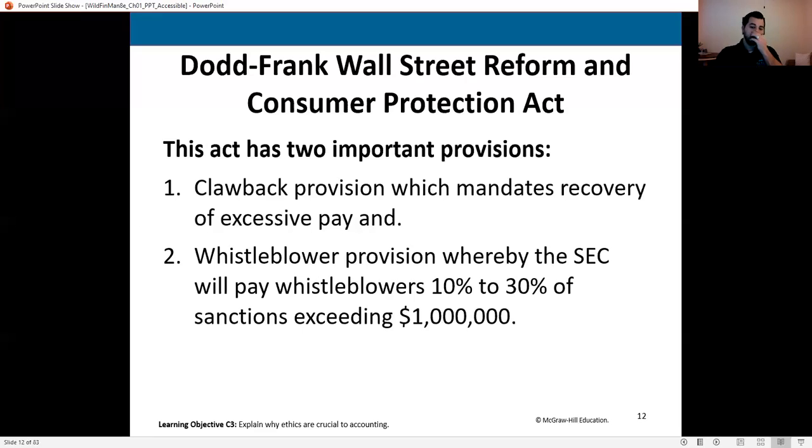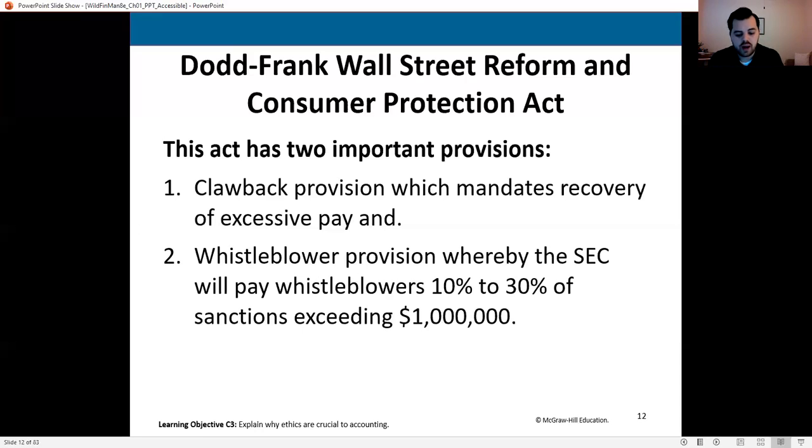Now, the other side of this, the SEC has agreed to pay whistleblowers between 10 and 30% of any sanctions exceeding $1 million. So, for example, if you work for a very large multinational organization and you blow the whistle on some incredibly fraudulent activity that you have found, and they levy penalties of $10 million on that organization, you will receive anywhere from $1 to $3 million from the SEC. So you will receive this payment for this piece of the sanctions exceeding $1 million.